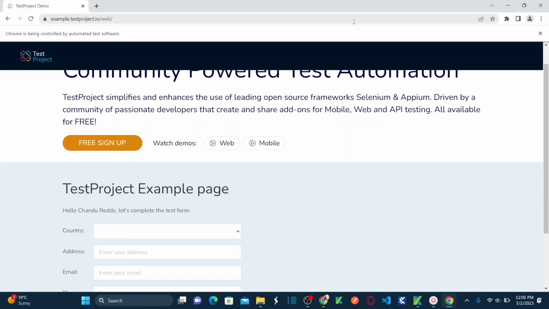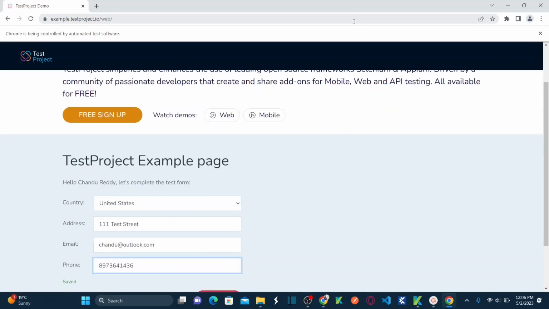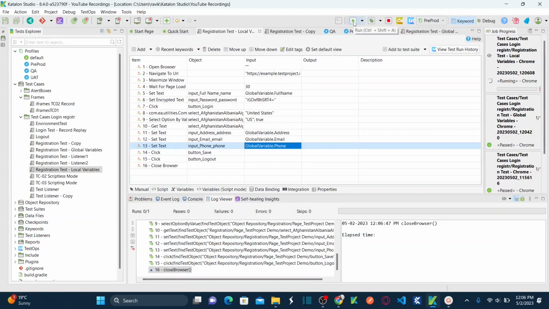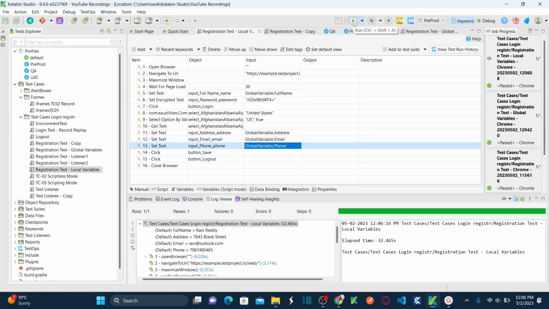Okay, so hope you all understand the difference between local variables and global variables in terms of Katalon. See, it is executing, it is taking all the global variables. And then how can you define the local variables and global variables, and how can you call those variables in